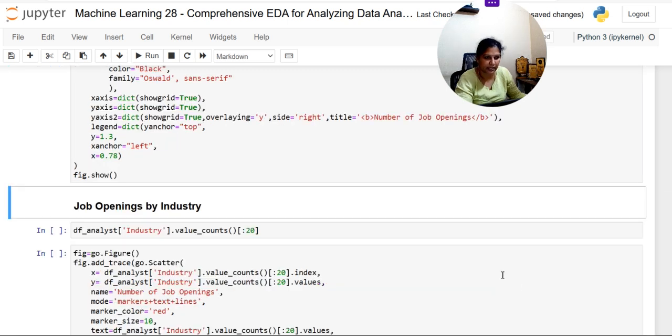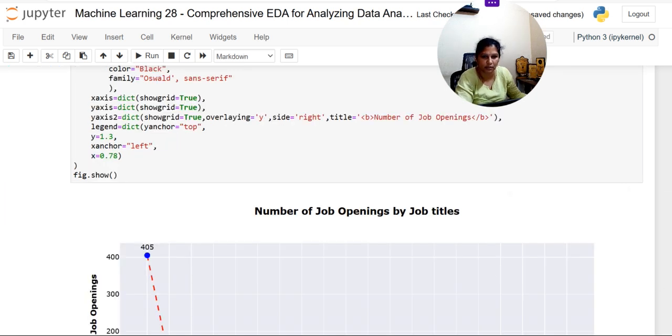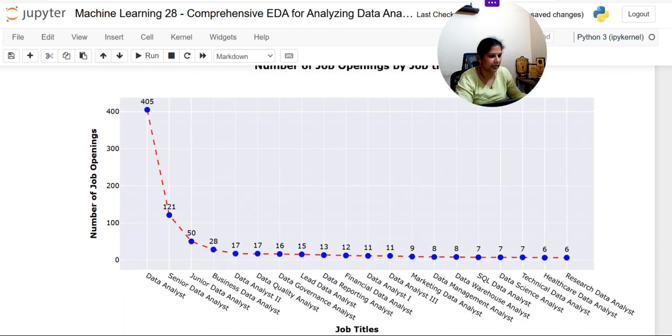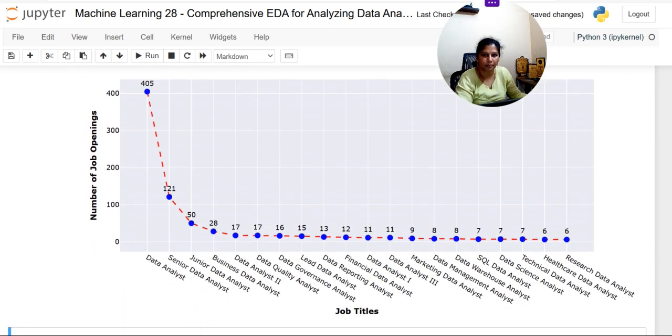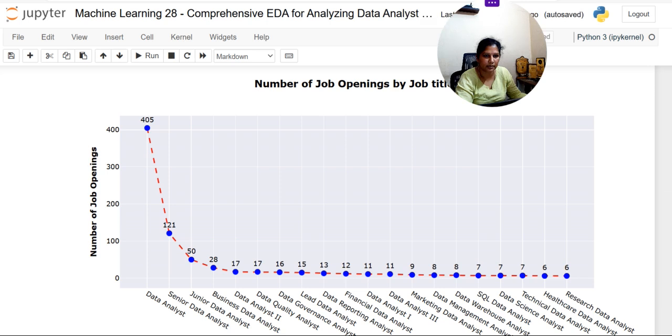So let me just have a view on this. So kindly see, these are the exact number of job openings, and as I have already specified